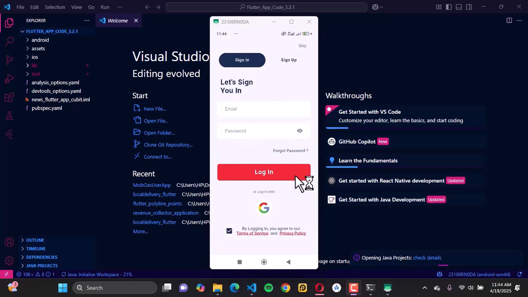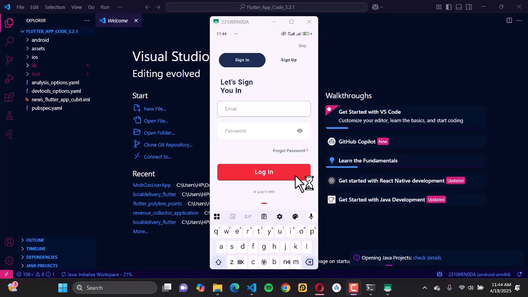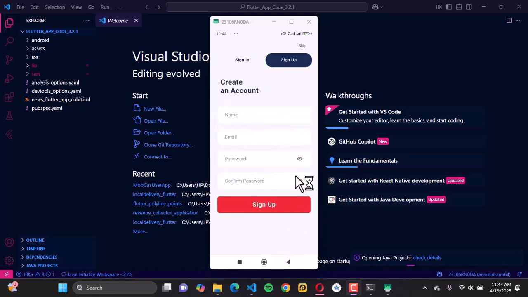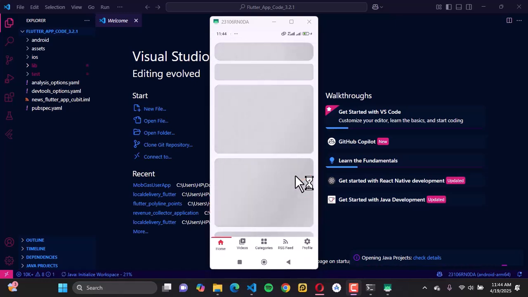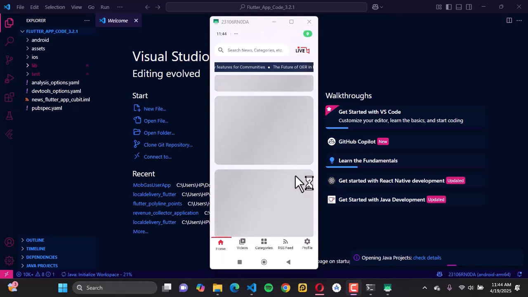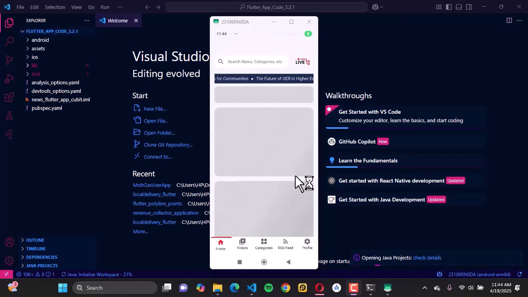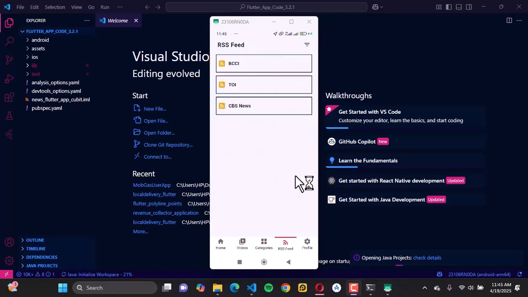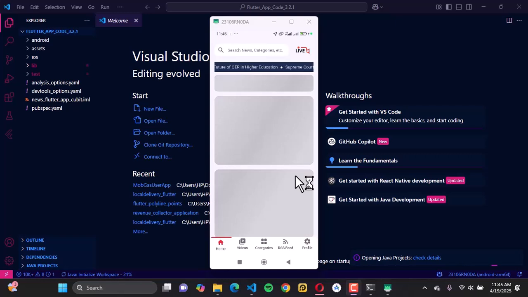You can also log in with Google. What you want to do is input your data here, depending on whether you have it or not. You can skip, say for instance you want to have a demo of how the application actually looks. This is how the application looks overall, and that is how to run a Flutter script